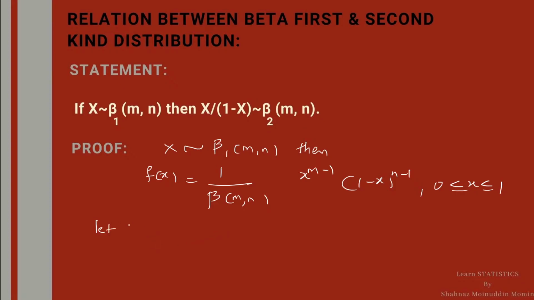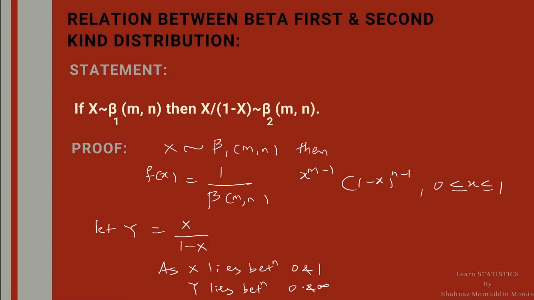Now consider, let y equal to x upon 1 minus x. Let me define a new variable y for x divided by 1 minus x. As x lies between 0 and 1, y will lie between 0 and infinity. Means y is an increasing function of x. Hence